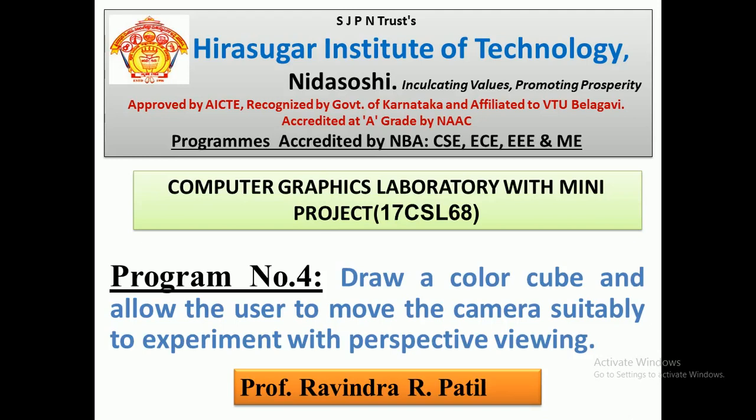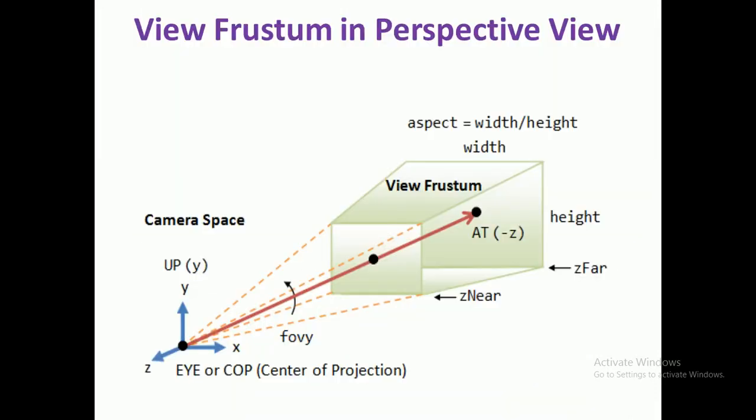We were seeing parallel, we had not set the far end and near end of the projection, and we saw everything in 2 dimensions, so it was not a problem. But in the perspective case, when the object goes away from your camera it becomes smaller, and when it comes near to your camera it looks bigger, as with real-life cameras. The same concept we have to implement in OpenGL, because since the beginning we have said that whatever pictures you capture from your camera can be implemented as it is through OpenGL.